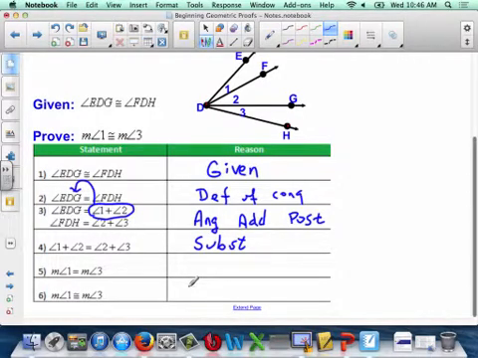But what do you notice here? What do they have on both sides? So what can we do with those 2's? Subtract them. And then I'm going from equals to congruence, therefore,